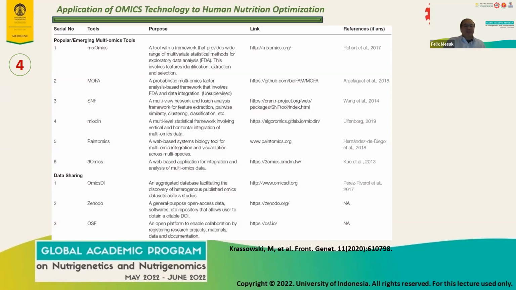So popular emerging multi-omics tools such as mixOmics, and the purpose is a tool with a framework that provides a wide range of multivariate statistical methods for exploratory data analysis. It involves features identification, extraction, and selection, and if it happens to match with your study, you can take a look, check it out at mixomics.org or with their publication. MOFA, I mentioned earlier, a probabilistic multi-omics factor analysis-based framework that involves EDA and data integration. This is super unsupervised. SNF, Miodin, PaintOmics, FreeOmics,